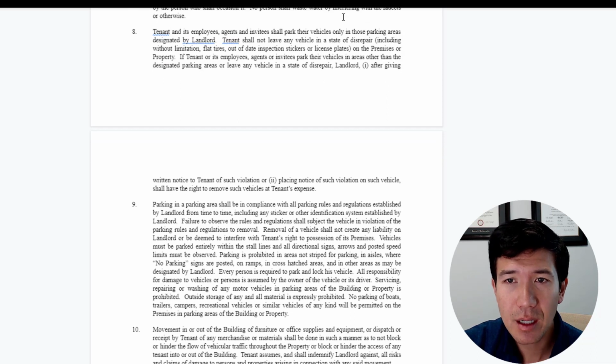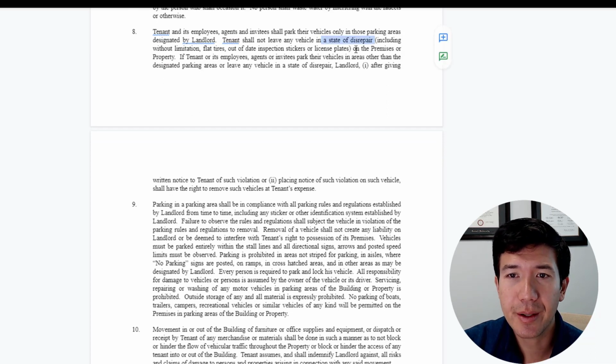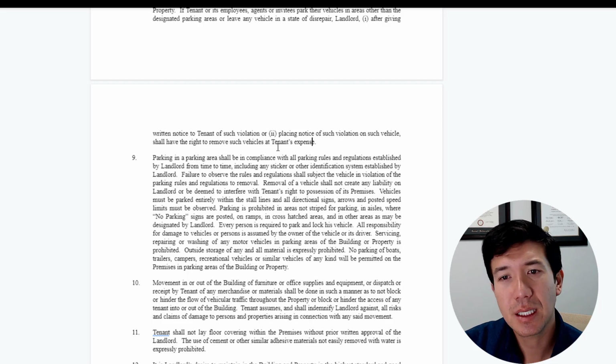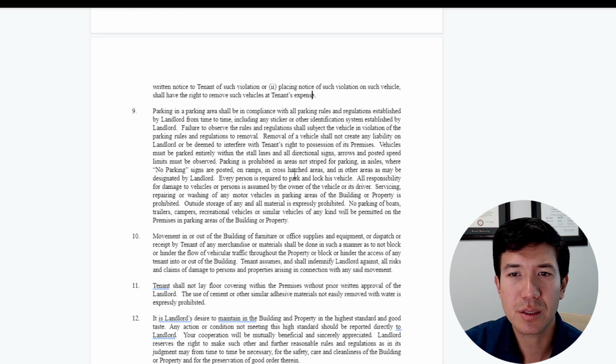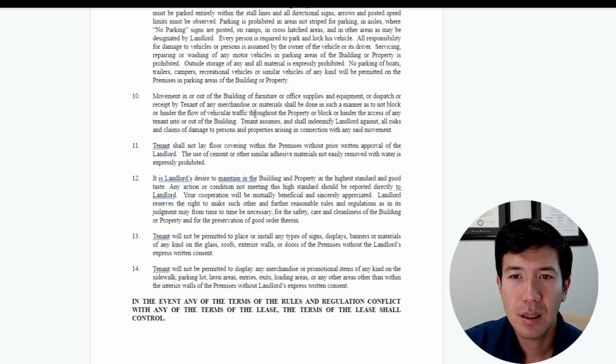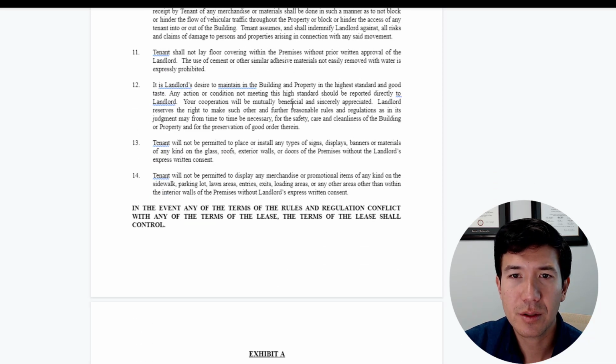So no parking, no disrepair. This you can talk about, but it's more particular to your use, because in general, you can have this written notice, but you could also put a time frame. If somebody gets a flat tire, okay, maybe they get 48 hours to move the car. That's reasonable, but here it's just written notice, so the landlord's probably not going to send a notice until a couple days anyway.